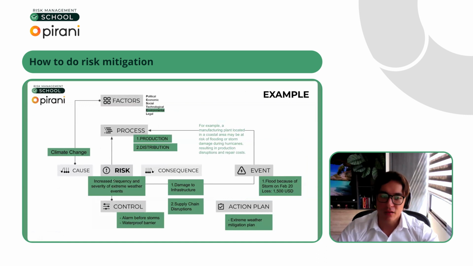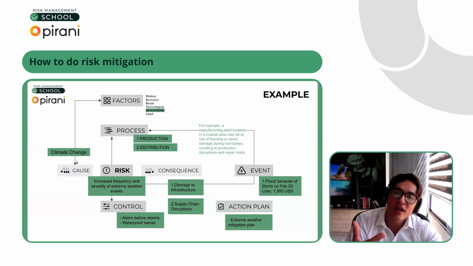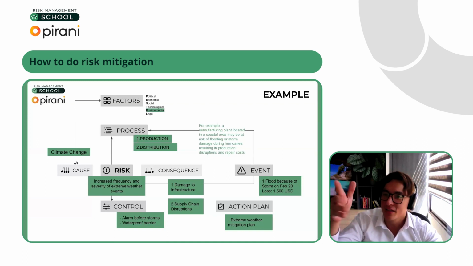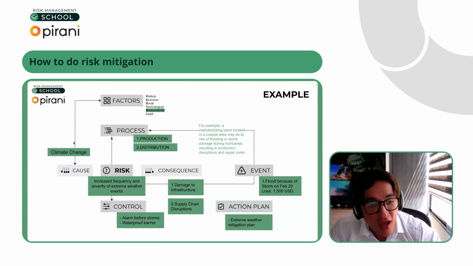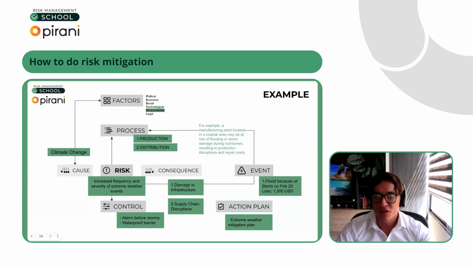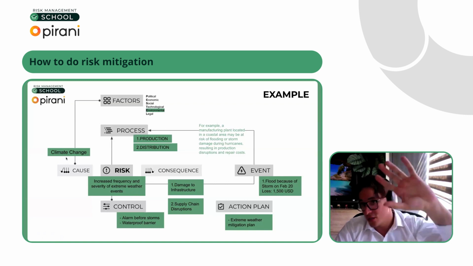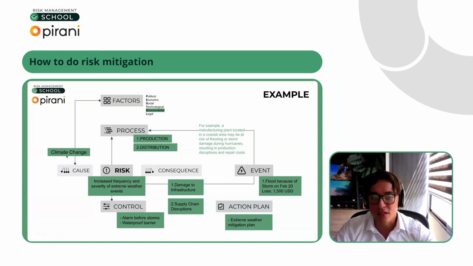And the risk will be, because until here, climate change is so general and so broad that it doesn't help me at all. That's what I see in a risk heat map, where the risk is just climate change. So give me a little more information, because how can you address the climate change risk? You need the onion strategy of layering the risk, right? So maybe the risk will be increased frequency and severity of extreme weather events. That's one, because from climate change you can have plenty of risks.